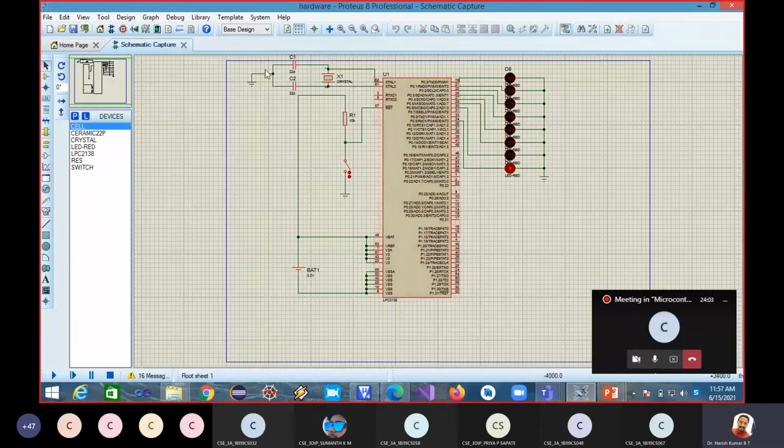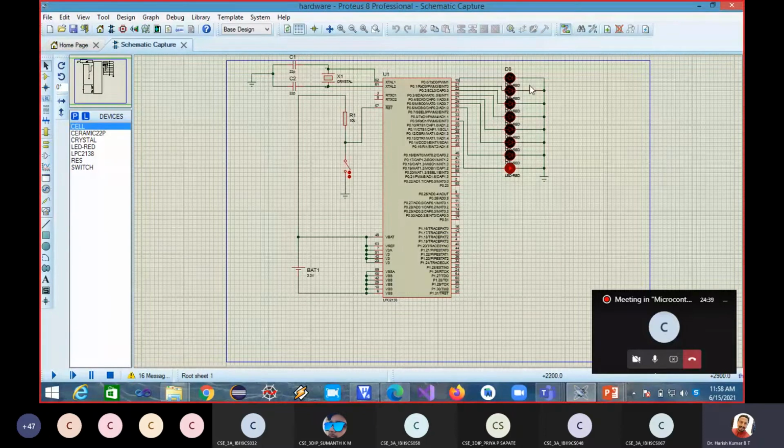This part of the circuit which you're seeing here remains the same for all the experiments, and only this part of the circuit we got to keep changing. That is what I said in yesterday's class, that I'll be sharing with you people this minimum circuit which I've designed. Before that, please install the Proteus simulator and keep it ready on your system. Today evening I'll share one simple circuit on my Google site. So if you can, download it and keep it with you.